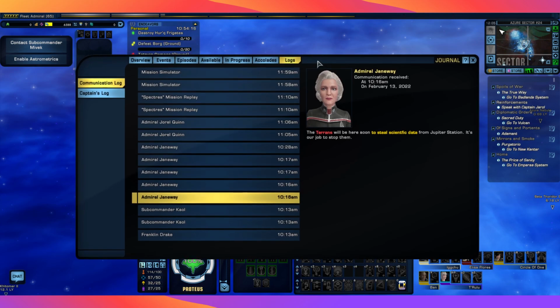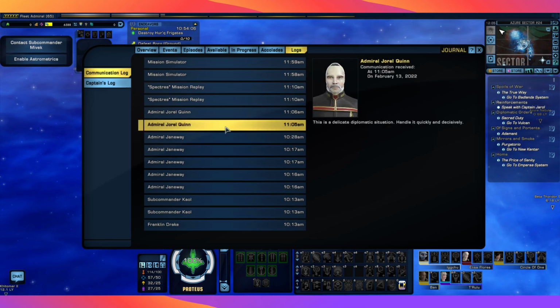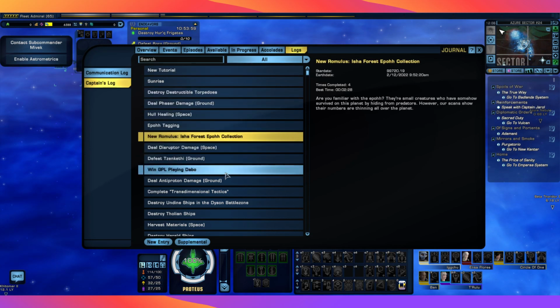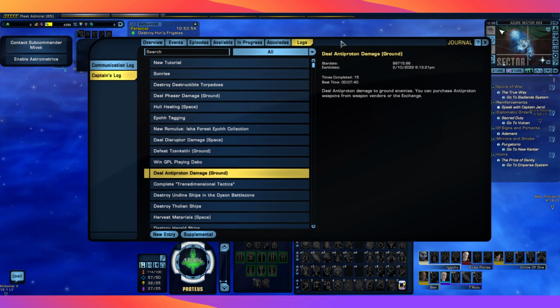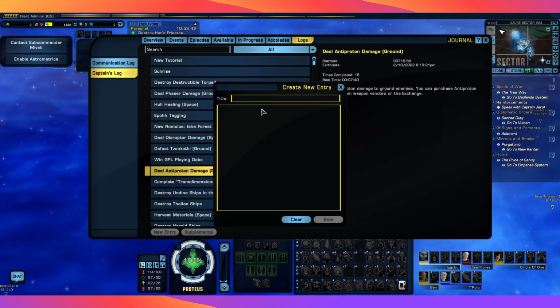Logs, again, if you want a deeply immersed experience, you can go into logs. You can read about things you've done, who you've spoken to, but you have a captain's log. Now, the captain's log, again, is about the missions you've done. But one thing that some people like to do is you can make your own entries, or you can add to entries. If you make your own entry, just like in the TV show, you could